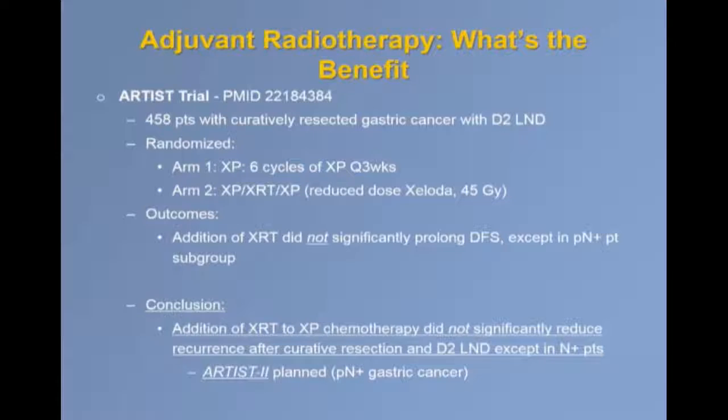I think this is the last study that I'll present, but this is really the study that right now tells us when a patient should be getting radiation after surgery. This was a large study. It was done also in Asia, several hundred patients who got surgery and chemotherapy, which is the XP in arm 1, or XP and radiation in arm 2. So it was a study really designed to look at whether radiation was beneficial. Unfortunately, the addition of radiation did not improve the likelihood that these cancers were going to return unless you had